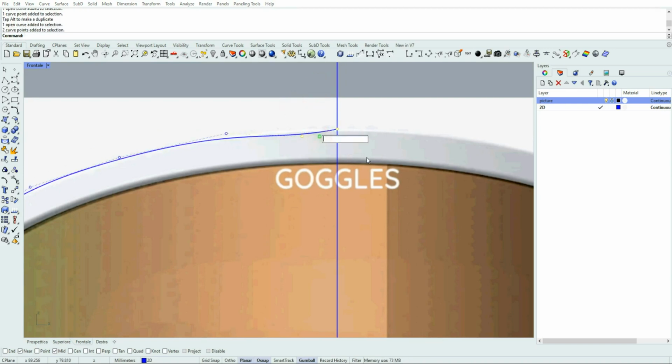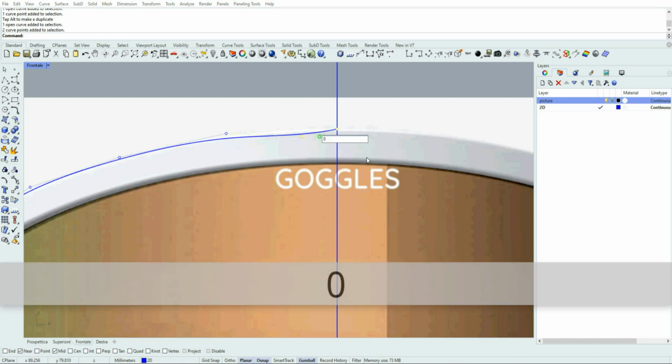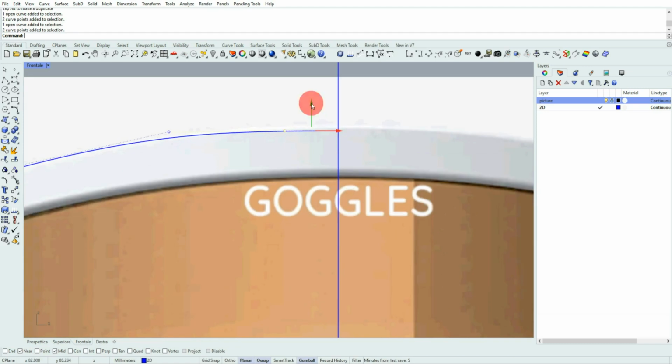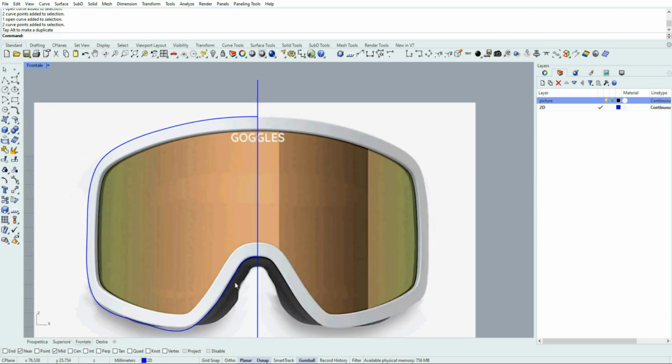I select these 2 points, Gumball, the green square. I put 0 value, and this makes the end of the curve, in this case the start of the curve, flat. Okay, which is what I want.